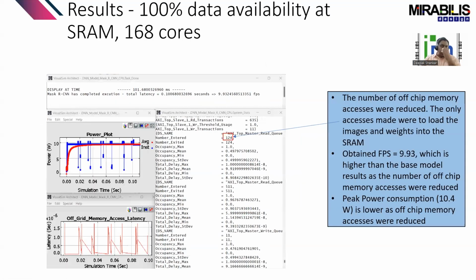What if I make it where I don't need external DRAM? I just need to load it and then load it over to the SRAM. All processing is happening within the SRAM, and I move it from the 64 back to the 168. You can notice now latency has dropped to 0.1 seconds, and I can get almost 10 frames per second processed. This is what we're looking for. Of course, the power has gone back up to 10 watts. But if you think about it,